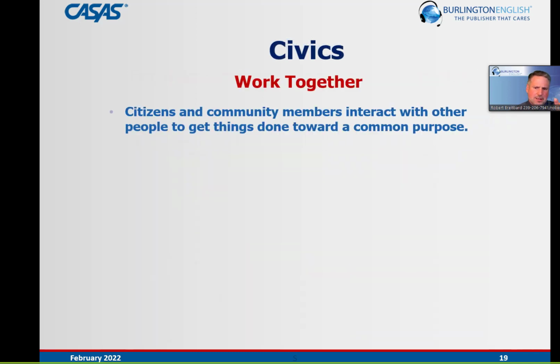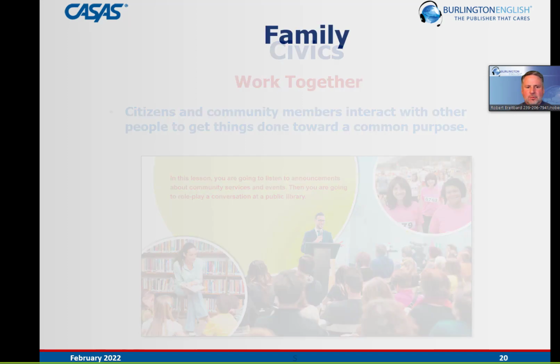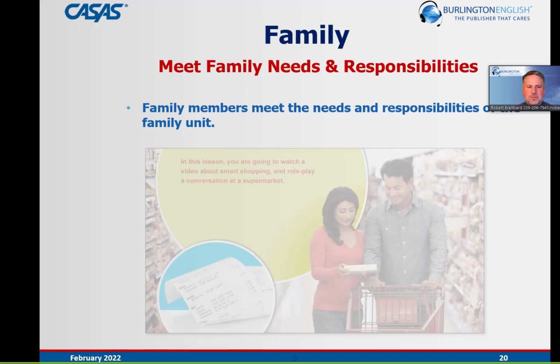Working together. We've got a couple here talking about citizens working for a common cause and community members working for a common cause. Many of our new neighbors, unfortunately due to tragedy, don't come from countries where they have civic participation like we do, such as understanding that we have everything from things like a community walk to town hall meetings, lecture series by community speakers and government representatives. So working together, knowing that while they're our new neighbors, they are fully vested and ready to participate